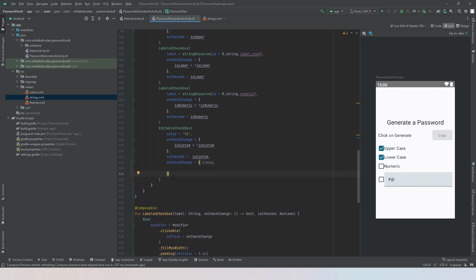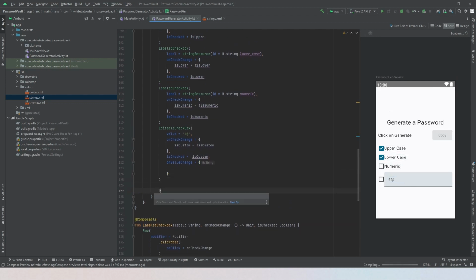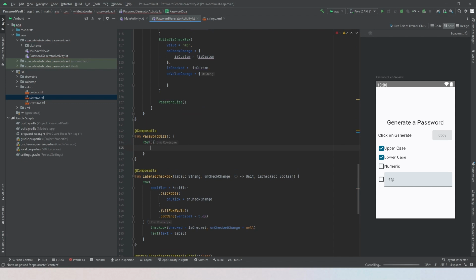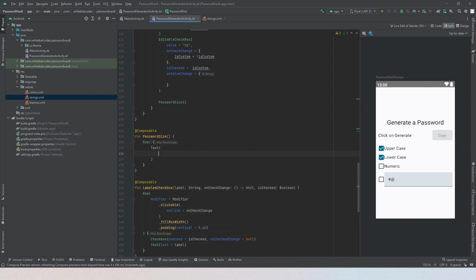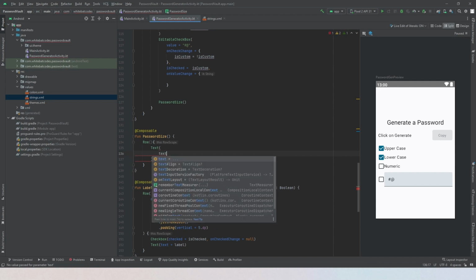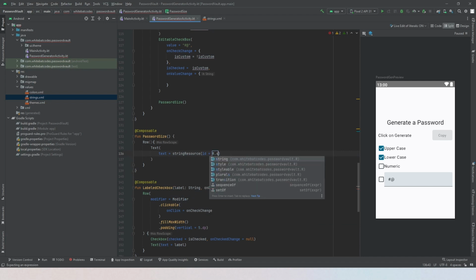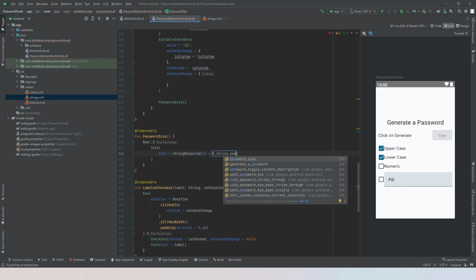Let's add the password size. Here, password size. Let's define this element here. Basically, it's going to be a row as well. And inside of it, we're going to have a text field. Let me just check something out. Alright, so inside of it, it's going to be a text field that has the text equals to string resource string dot password size,